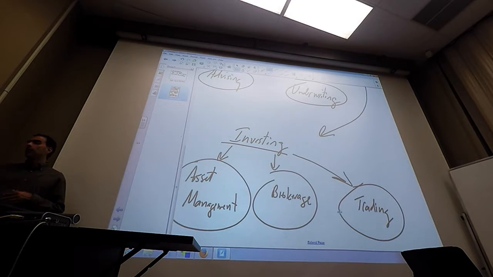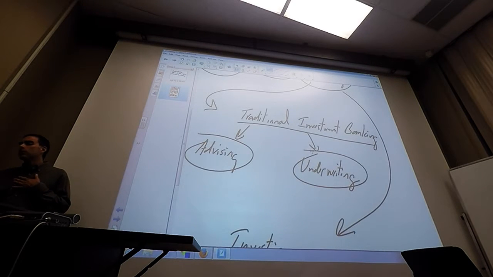And then trading, very similar, but here you're using your own money. It's just investing your own money. So these three investing activities are very similar. It's just the distinction whether you're using your own money or somebody else's money, and whether you're making the decisions or whether you're helping somebody else to make the decisions. So sometimes people just lump all that together as investing. And generally, if you're working with somebody else's money, you charge fees for it. If you're investing your own money, then you get whatever profits you make. So there's a distinction whether you're earning fees or making profits on trading.